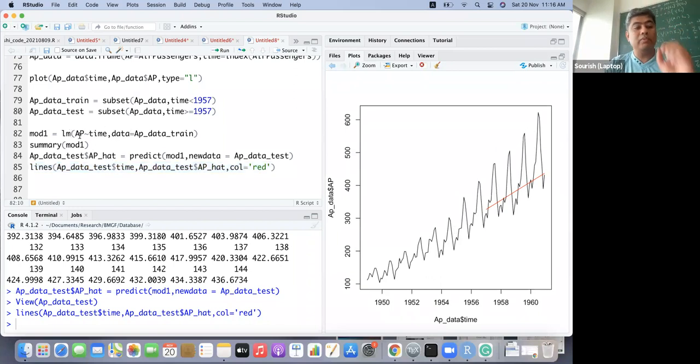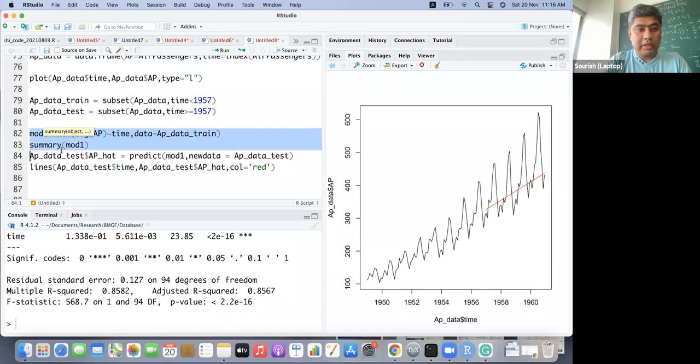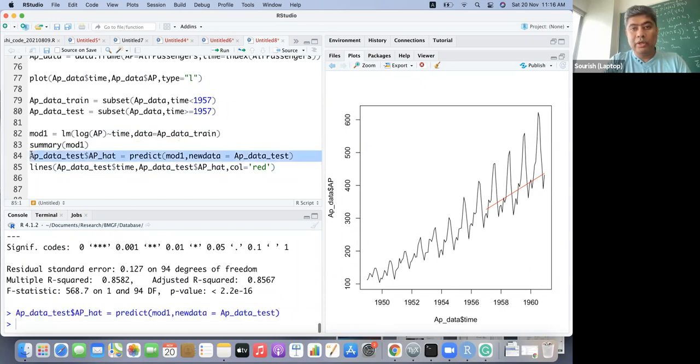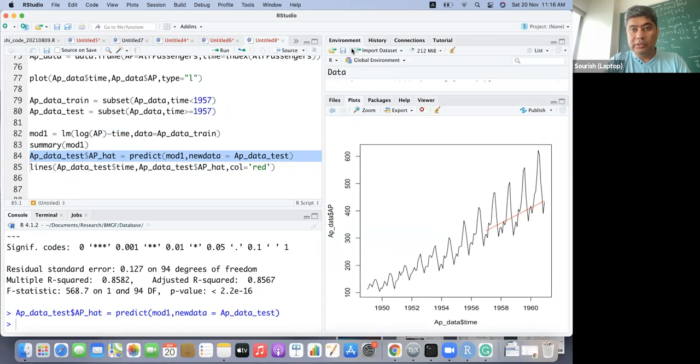So we can do one more thing. Since we know there is a log effect, we can just take the log here. And in that case, we have to be a bit careful because the prediction will be on the exponential scale.